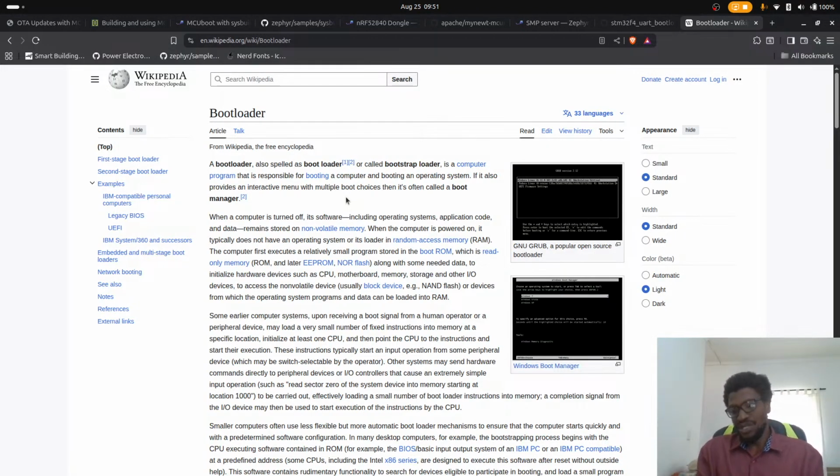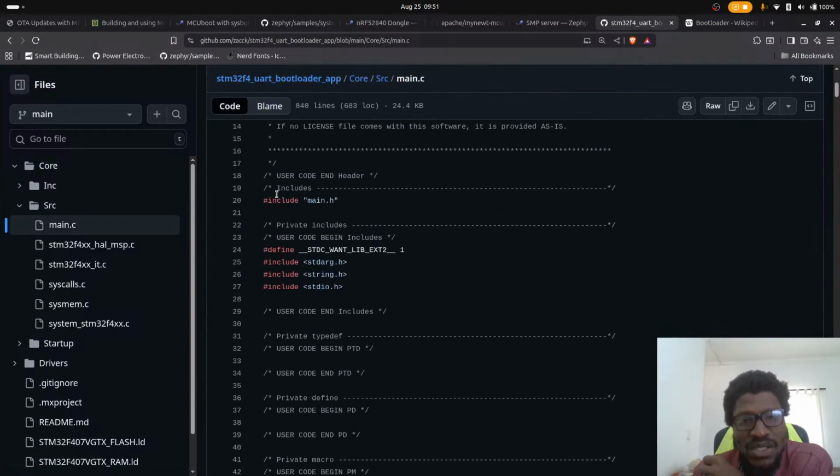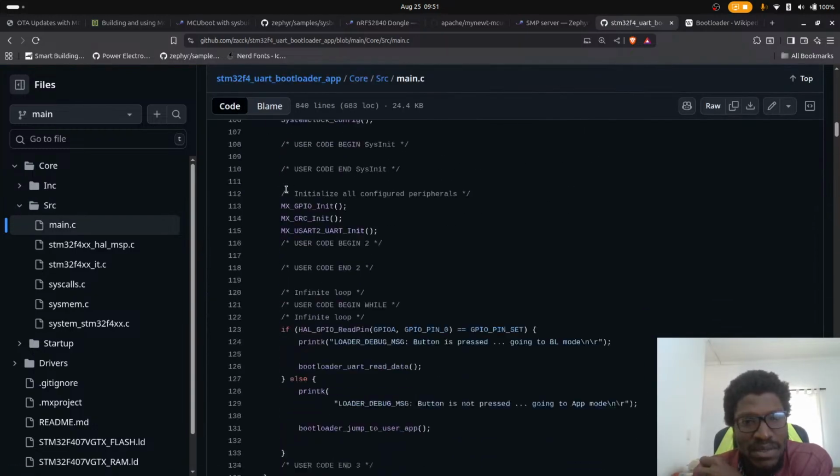And the way you do it is you make a bootloader that points to this specific memory location. Okay, and then you make an application that is loaded to a specific memory location. So let me see if I can find this code somewhere quickly. So if we go here, we will see that